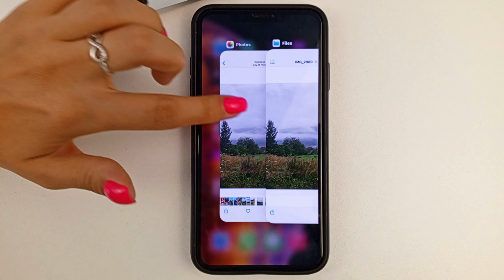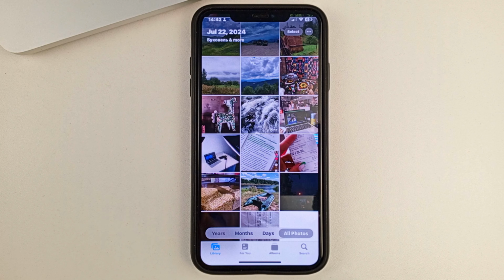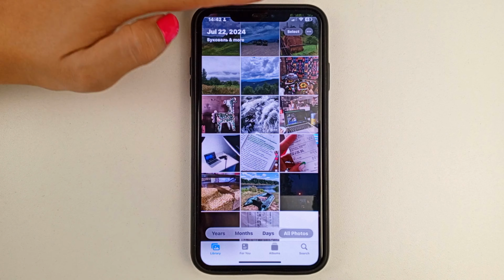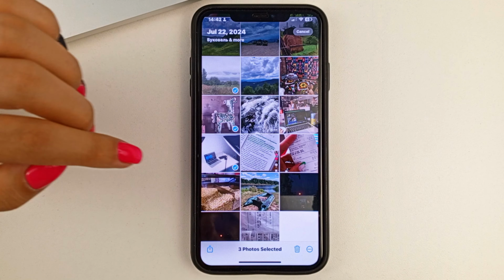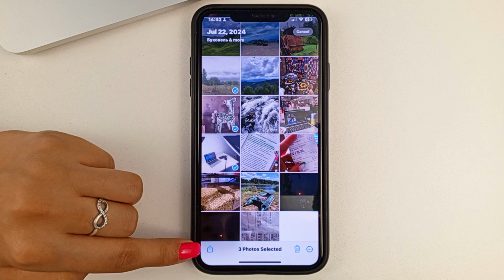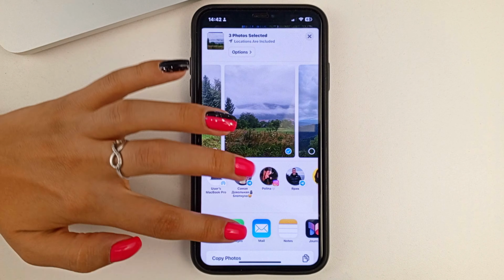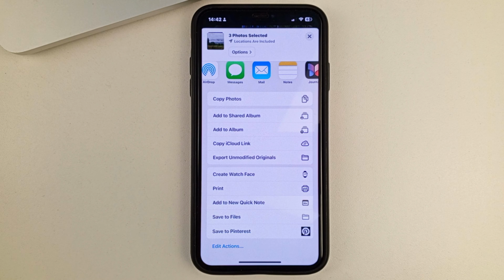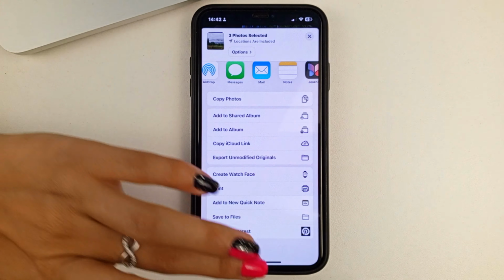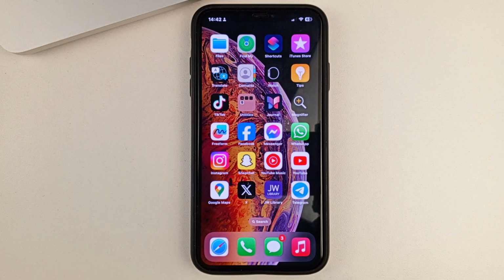In the same way, friends, you can save several images at once. To do this, you will need to click on Select in your gallery on the top right. Then select some images, and then at the bottom of the screen click on Share. Next, scroll down the menu to the bottom, select Save to Files, and then it's the same thing. You can choose a folder, or you can create a new one. And the number of images from the gallery is unlimited, you can choose as many as you want. This is the way, friends, you can move your image from gallery to files on iPhone.